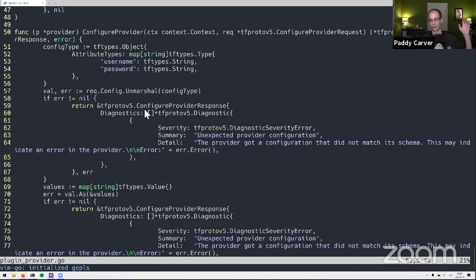Values are a combination of a type with some data. So when I say I'm getting a value back here, all it's saying is I've got a Terraform value of some type. It's got a type and it's got some data, but that's all I know about it. To get values into being something useful, we use this .as function, which converts values into Go types. And in this case, the Go type is a map of string of values, which is how objects are represented.